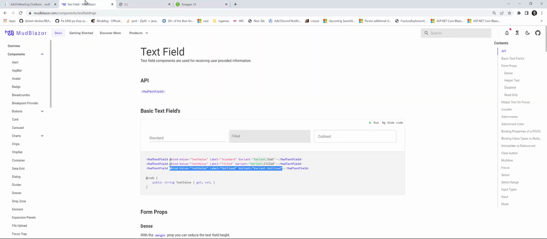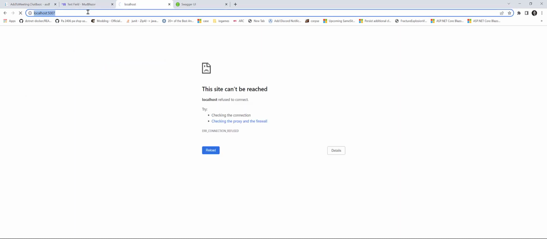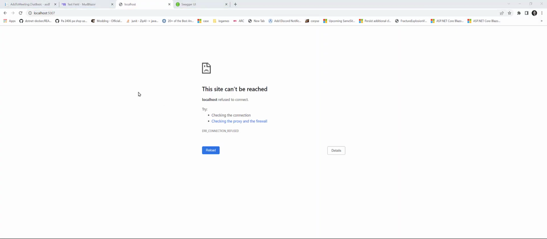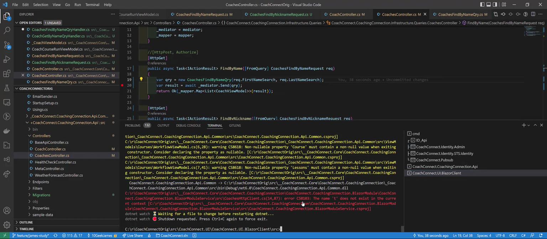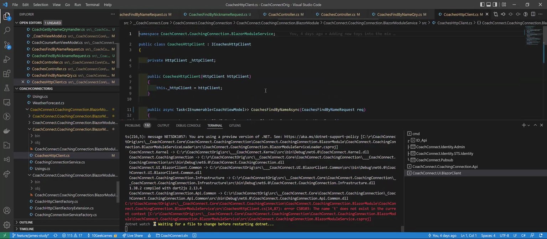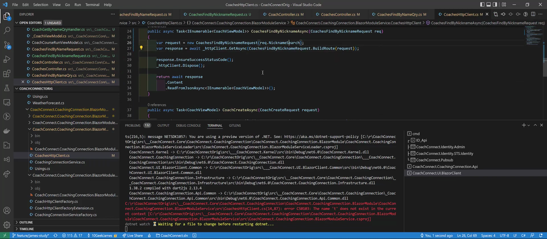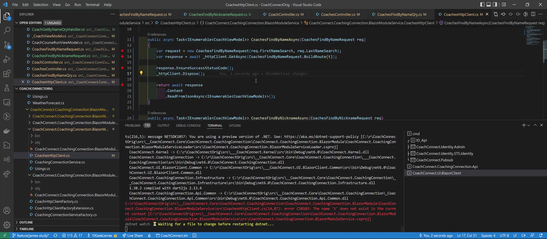And if we come to our this critter, ruh-roh. Looks like it's thinking about it. What are we thinking about? Blazor client. What'd we dork up here? Line 14.